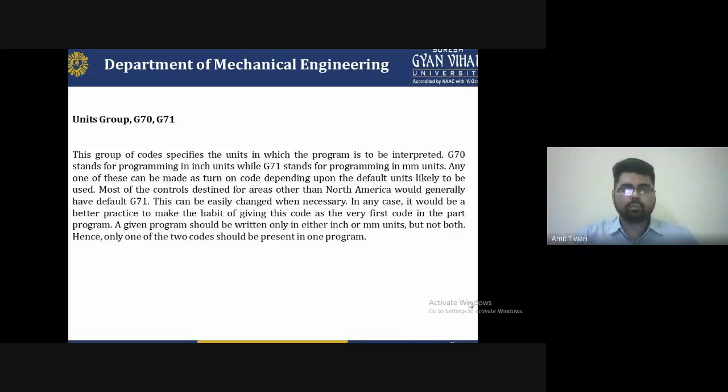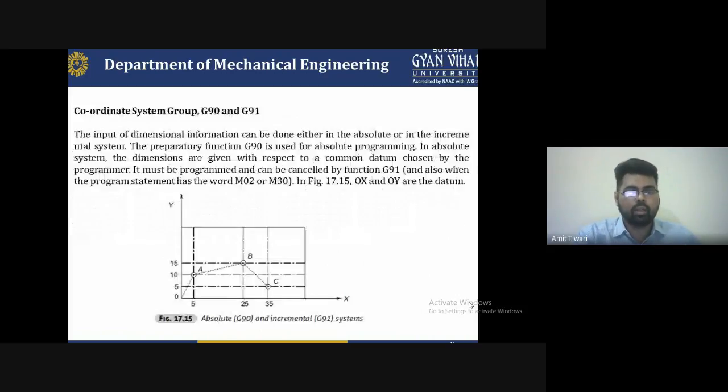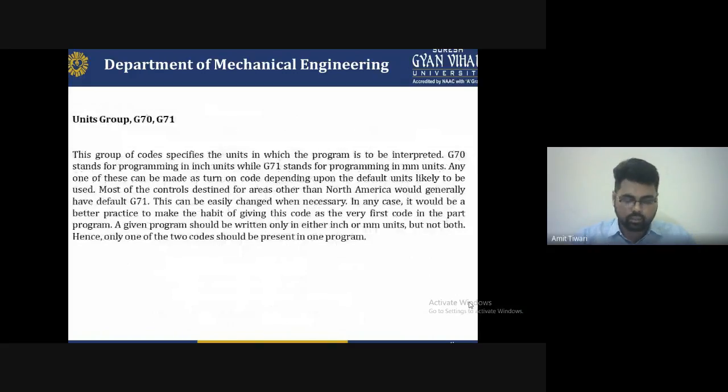So this is a code, and you have to write the program with the code to be used, that is G70 and G71, which is indicated as the unit code. And G90 and G91 are under the coordinate system. There are different types of numbers available for it. You have to mention the different type of number. There is not a single number used for the system. So there are different categories and different types of numbers to be obtained.